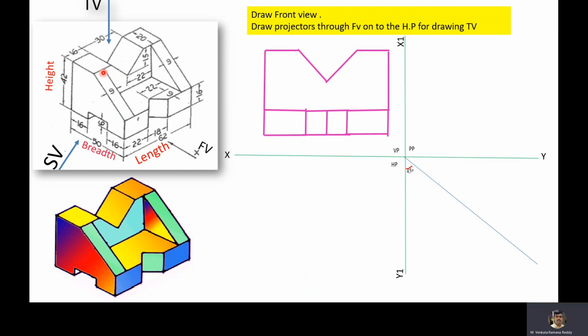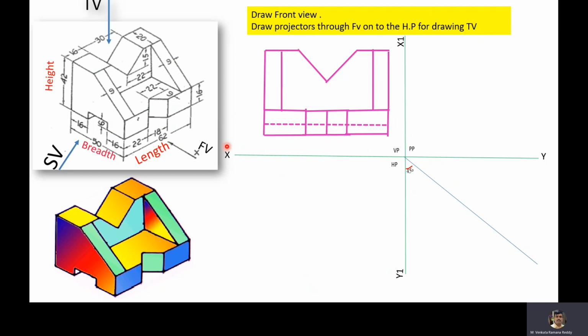Then we'll draw this rectangle. This rectangle's length is 9 mm and height is 26 mm. Even this one's height is 26 mm and length is 9 mm. That is, this length is 9 mm and here also this length is 9 mm. And then this rectangular groove is there, no? It is not visible in the front view and it is at a height of 6 mm. So from here, at a height of 6 mm, draw that groove. That groove is not visible. That's why it is to be dotted. That is, drawing the front view is over.